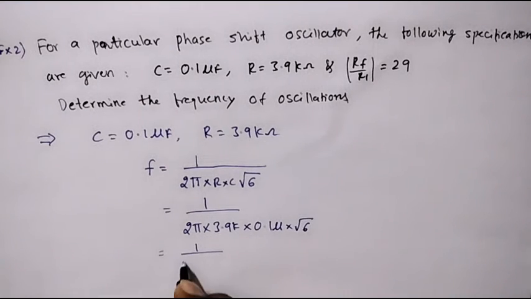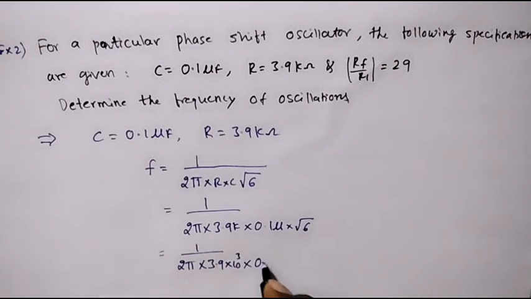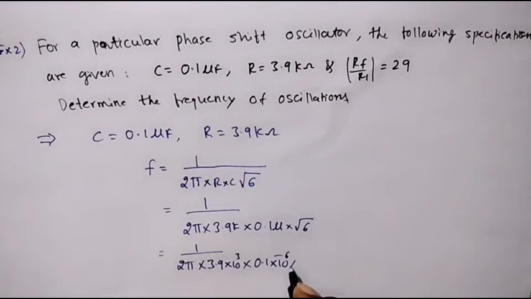Simplifying this, 1 upon 2 pi into 3.9 into 10 raised to 3 into 0.1 into 10 raised to minus 6 into root 6. So simplifying this,